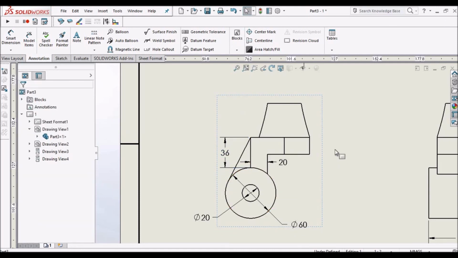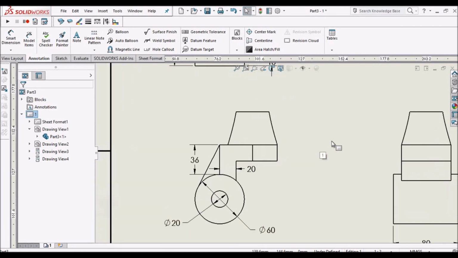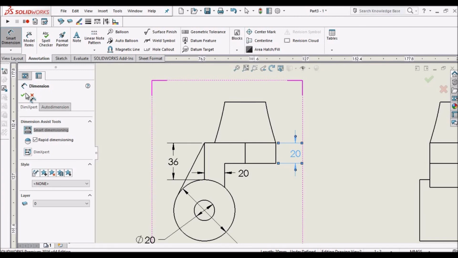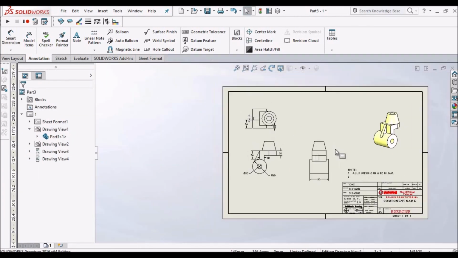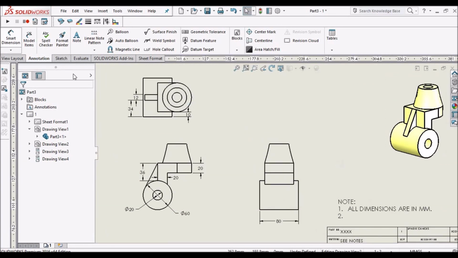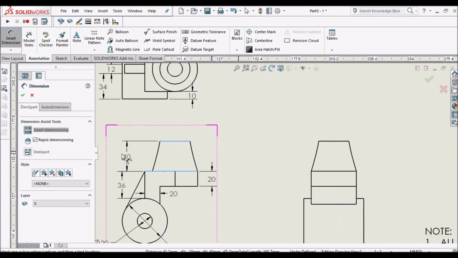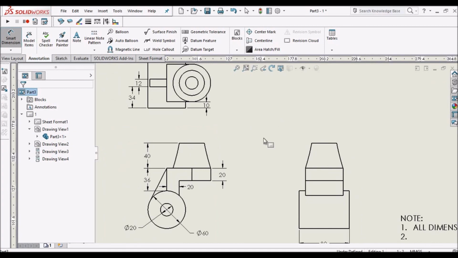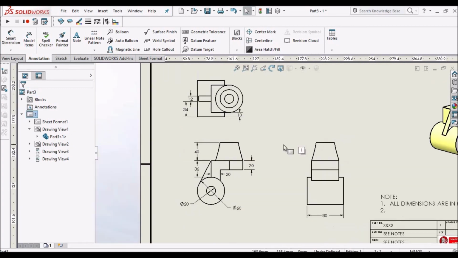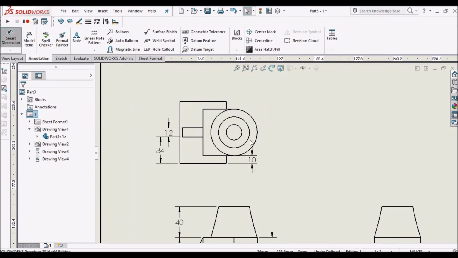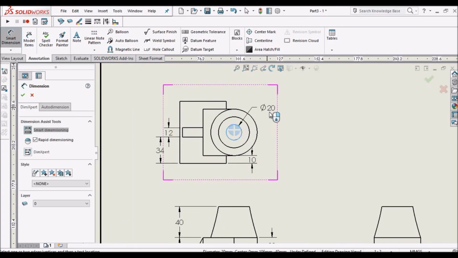So this is 36. Okay, next, this is 20. And this is 40. Okay, next, this diameter is 20.